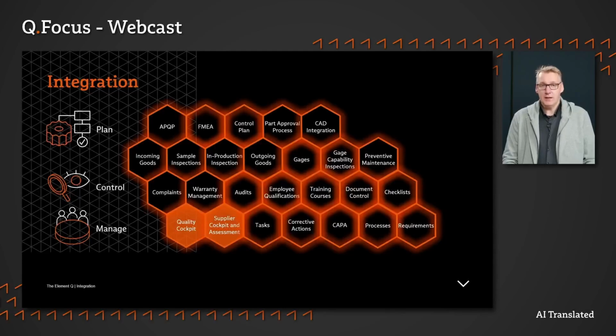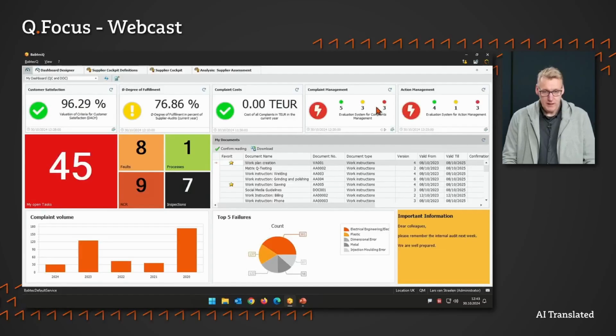The dashboard as a central element, integrating KPIs, supplier evaluations, and even a brief look beyond the boundaries of the company. That means, how do I communicate a supplier evaluation to the supplier? Enough talk? Let's get started and actually take a look at everything in the Babtec software. You already know this. Then let's switch over to my computer, and here we are on the classic dashboard start